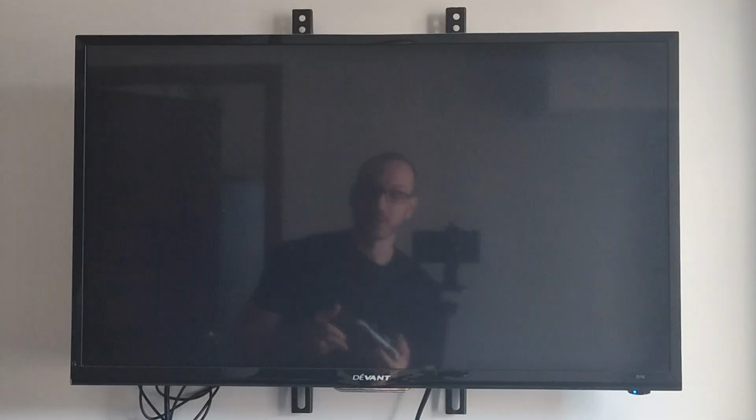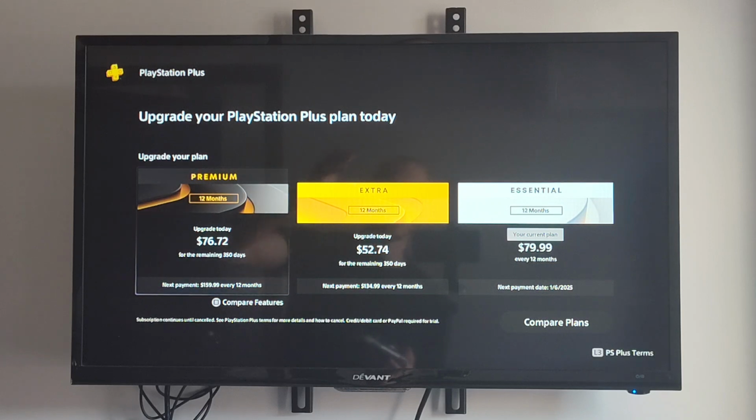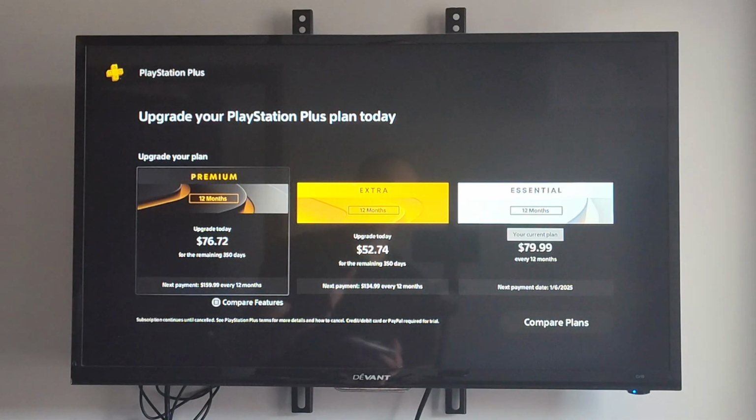So we can go to upgrade right here. So I already have it, and I can upgrade for, looks like $76 for the remaining 350 days, or otherwise I can get extra or essentials right here. So you can compare the plans, look at all the different options, what you get. So I just have essentials just because I only need to play online, so you can buy it right there,